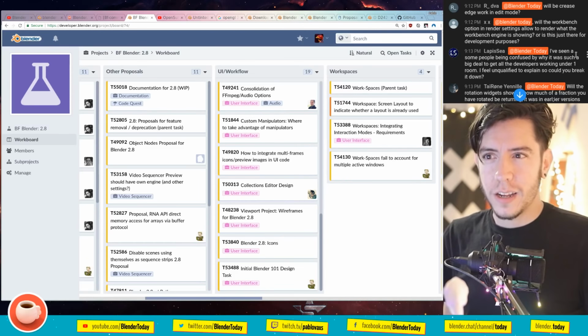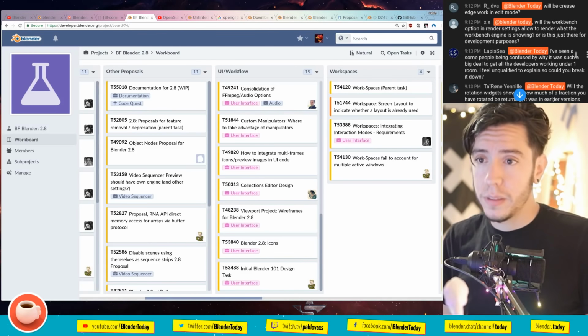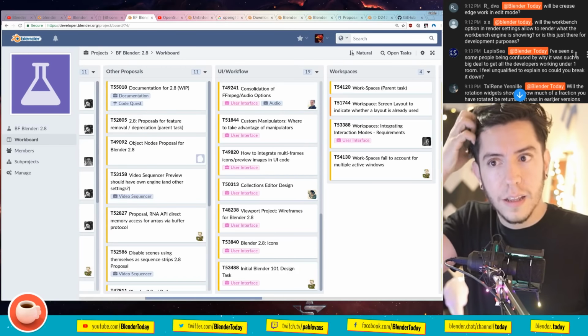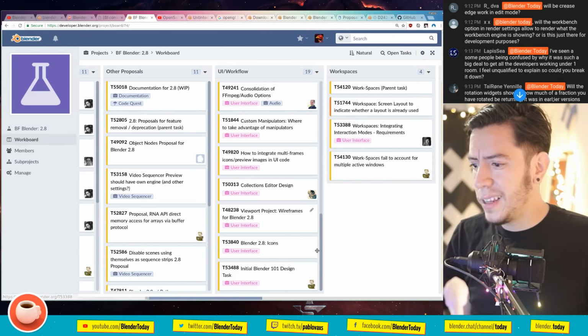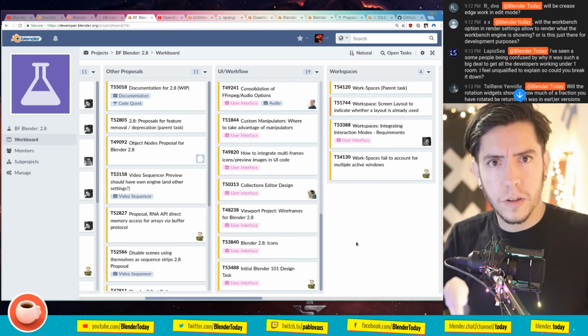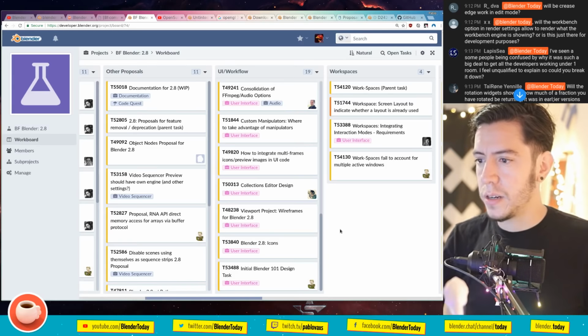Will the workbench option in render settings allow rendering what the workbench engine is showing? Yes, just like an OpenGL render in 2.7, like a playblast. You will be able to render it, and ideally it will be renamed to something more obvious, like preview, and then you will be able to change the settings.